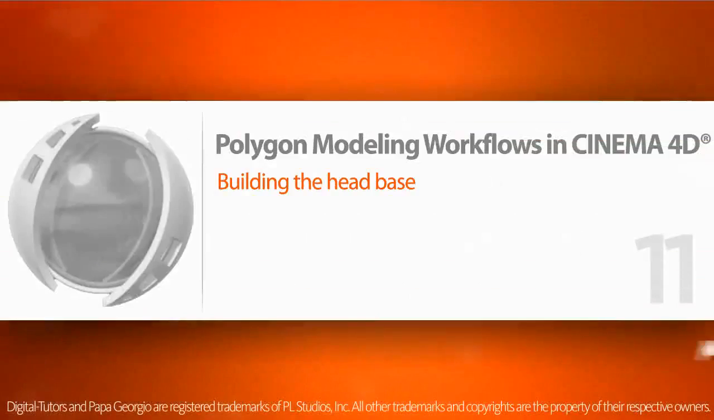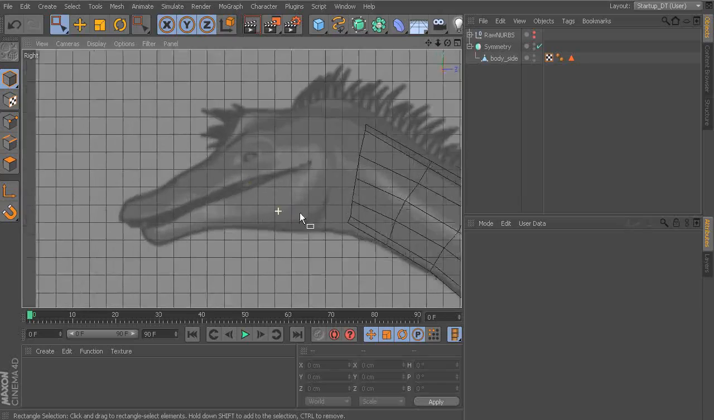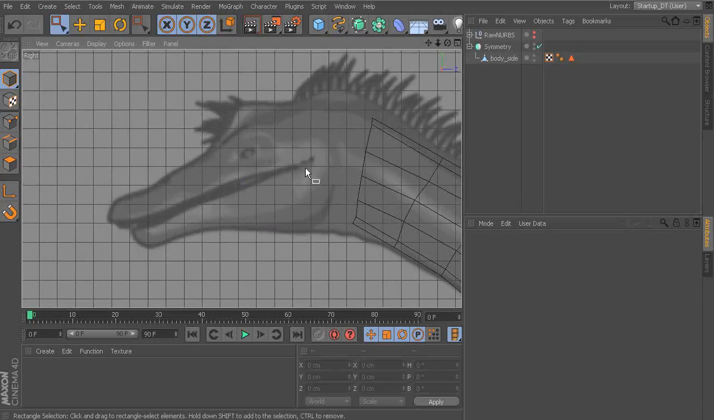In this lesson, we'll begin working on the head of our character. So if we take a look here at the head, you can see that we've got this long opening for the mouth, but otherwise it's sort of kind of a square shape, let's say, kind of a cube shape, okay? So we've got the top and the bottom,